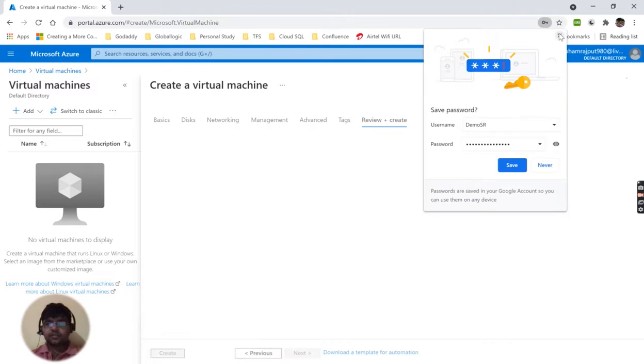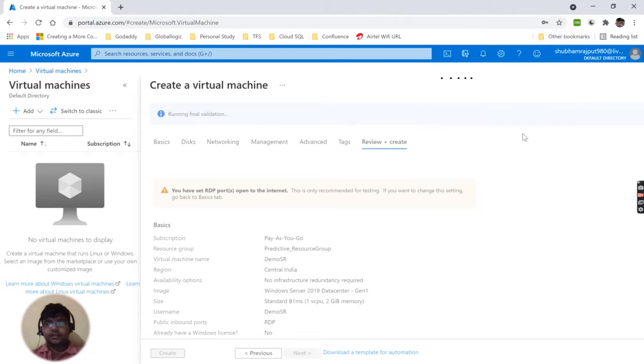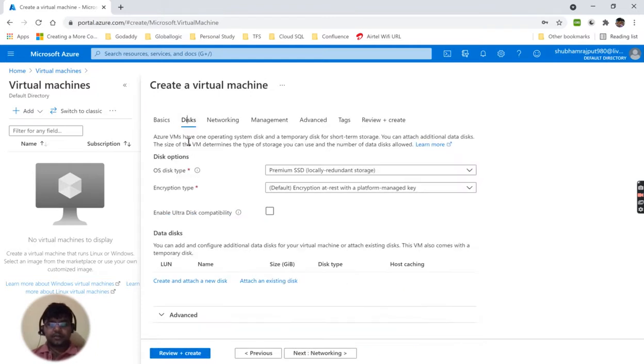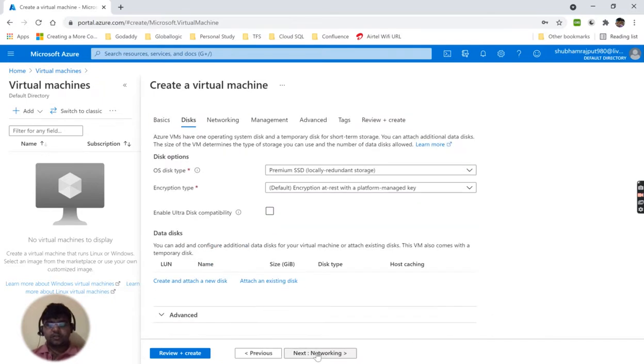So what it does, currently it will place a cost. Okay, so actually I should go to the next one, but I went there directly. So just come back to basic. I should go to the next one.